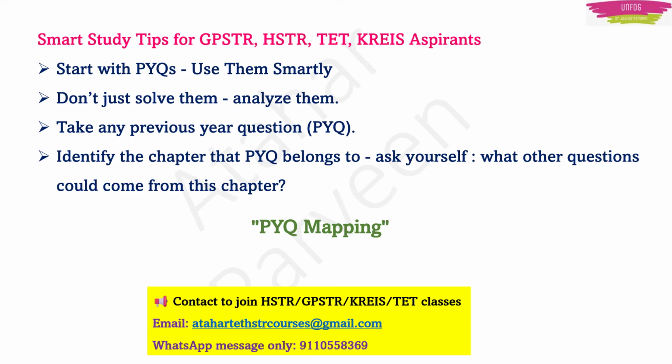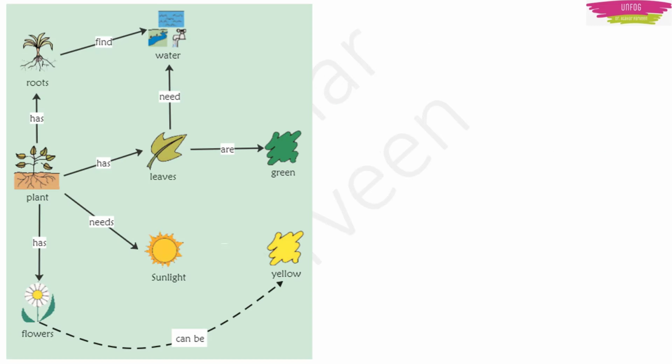Okay. See, I will explain it to you with an example. See, this is sort of a mind map, right? You know what is a mind map, right? See here, for example, I have a plant. Now, the center of my mind map is this plant. I am creating the entire story with this center. See, plant, it is having roots. Plant, it is having flowers. Plant, it is having leaves.